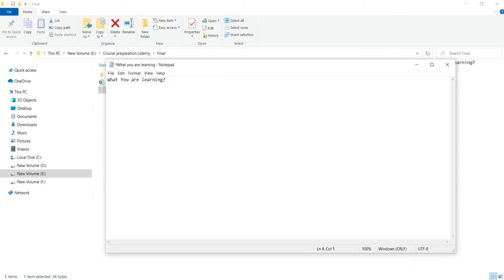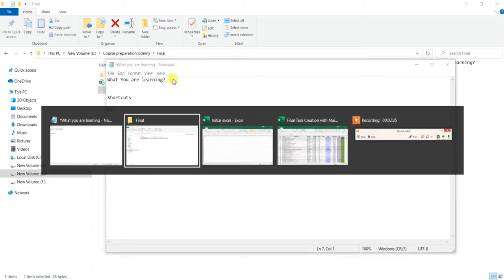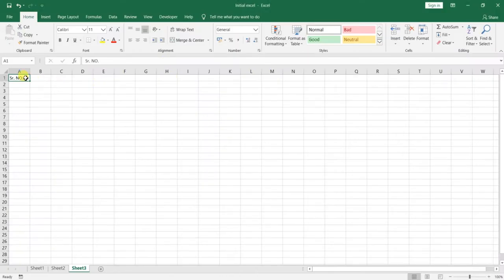Let me give the heading shortcuts, and here it is F2. Whatever I teach you, I will save over here, and at the end of all the lectures I will share this document with you. So you can just press F2 from the keyboard and edit this if you made a mistake while typing. So serial number, another one was date,